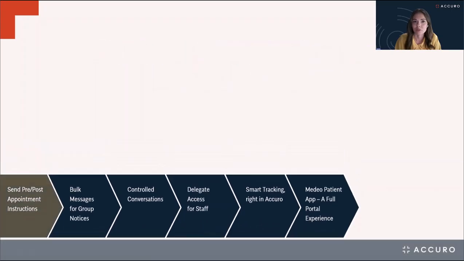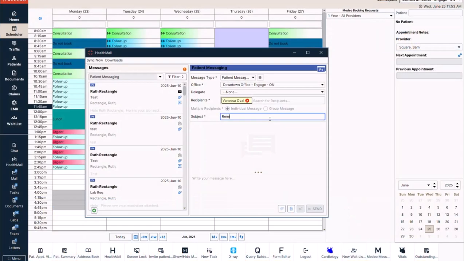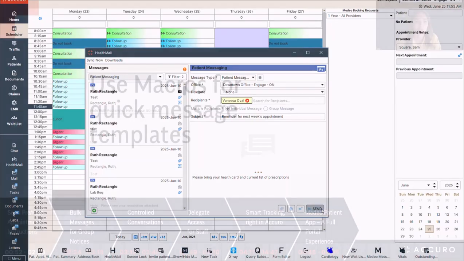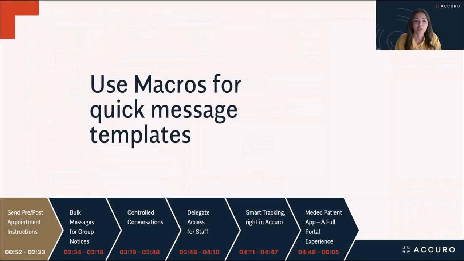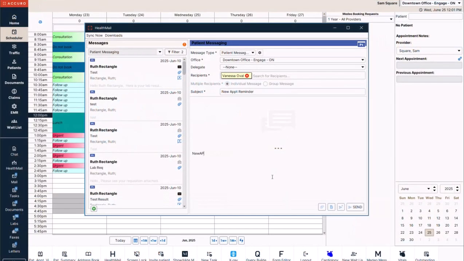Let's get started with one of the most common use cases I've seen, sending clear communication before and after an appointment. With just a few clicks, you can message patients reminders like, please bring your healthcare card, fast for 12 hours before your appointment, bring your current list of prescriptions, arrive 10 minutes early, etc. Our users love building out their personal Accuro macros for stuff like this, creating well-built templates to quickly standardize reminders